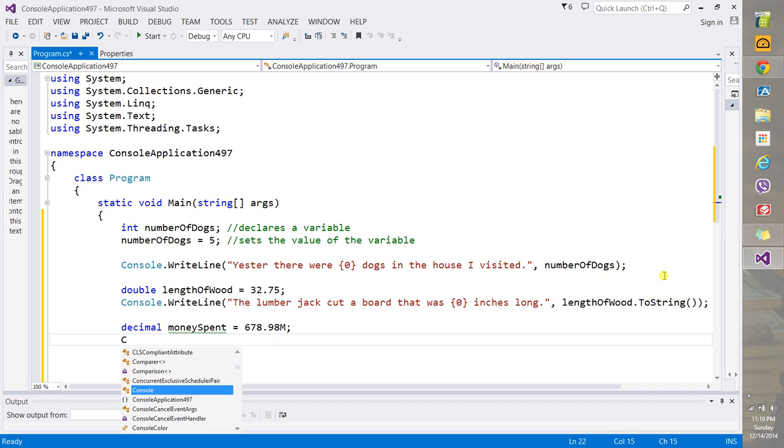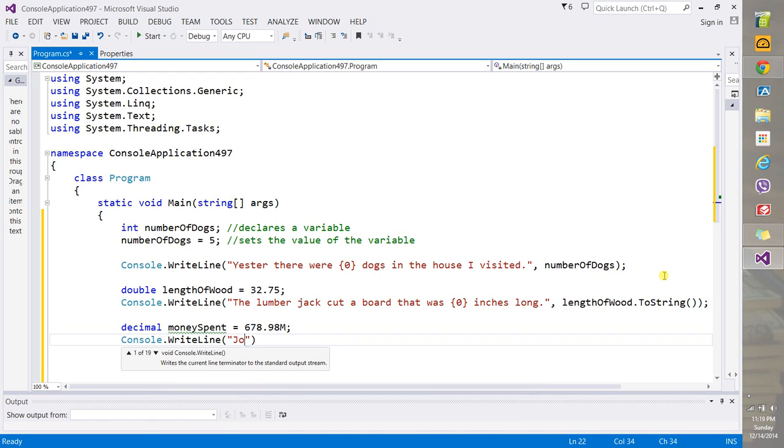Alright, now we're going to display, so console.WriteLine, and then "John has just spent", and then you will place that there, okay, comma, and then moneySpent closed with a semicolon, like this. Okay. So notice this is a little different because these two lines, unlike the ones that are already commented, this